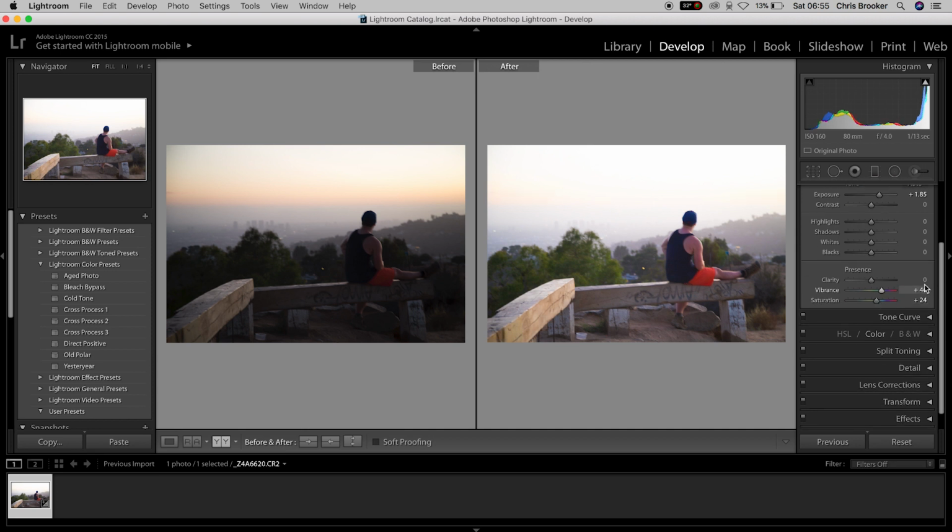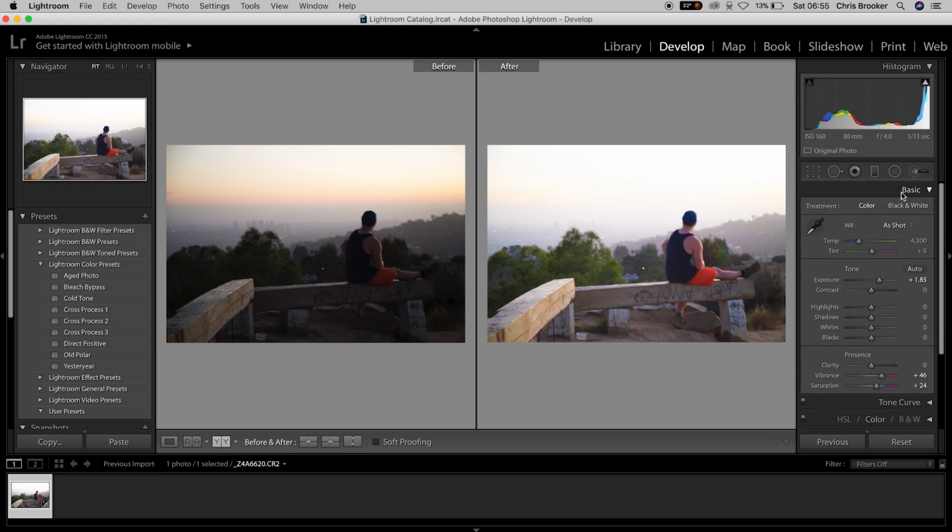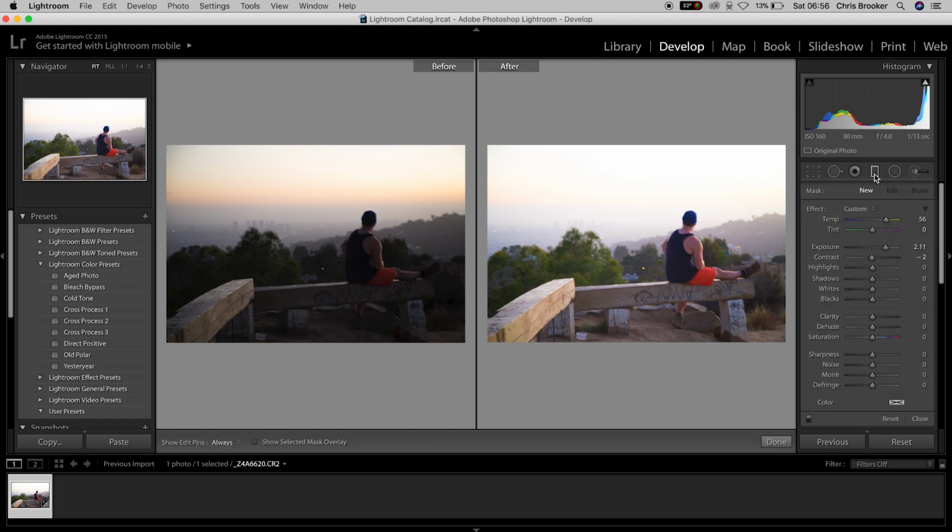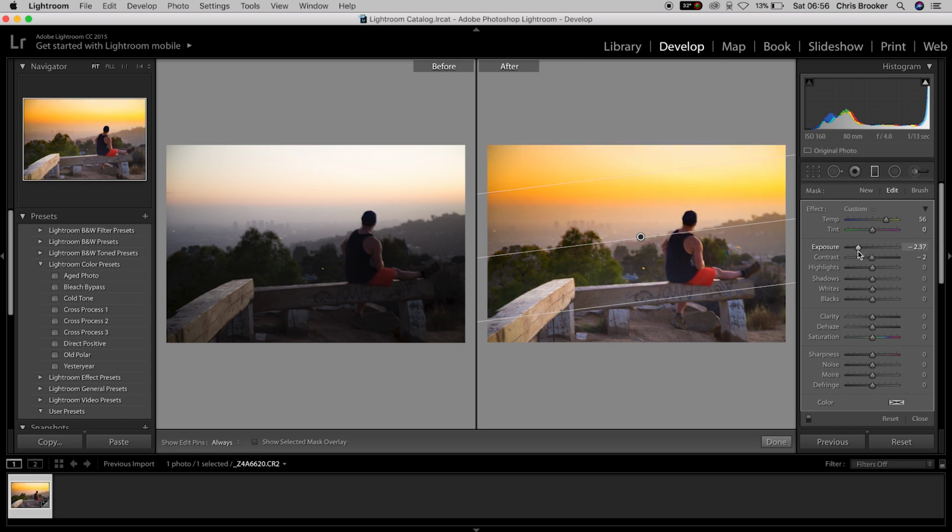Now, this is the most important part. We're going to go to this rectangle icon, select that, and that's going to create a brand new mask. Now select on the top half of your photo and drag this down towards the lower third of the photo. So by using this feature, we can only edit the top half of the image. This means we can adjust the exposure, the saturation, we can adjust absolutely everything here and not affect the bottom